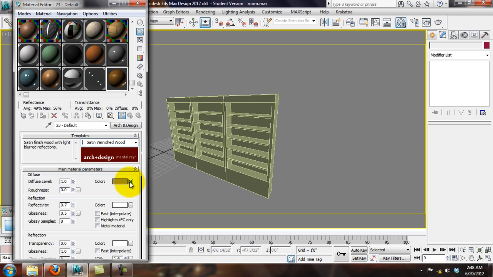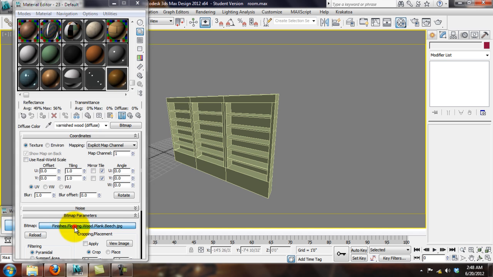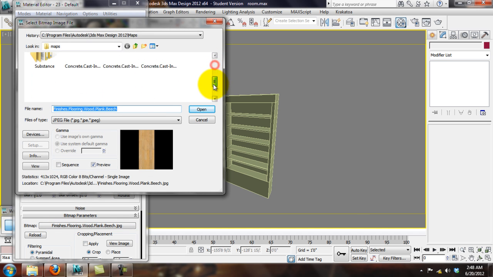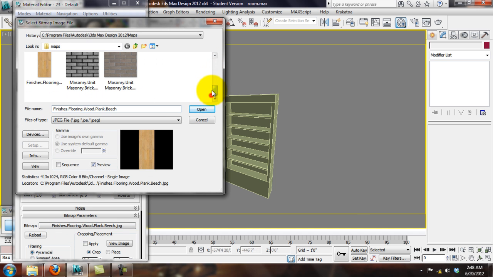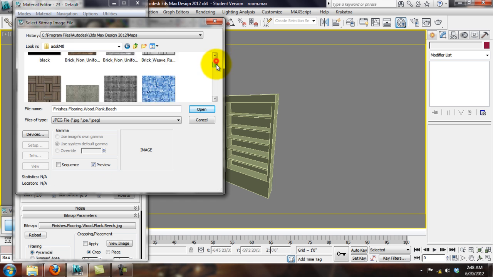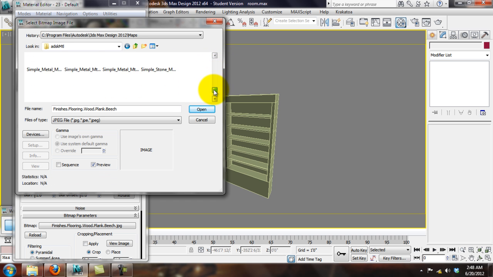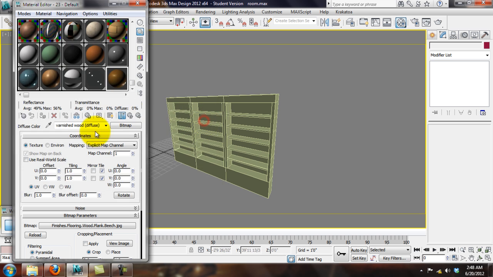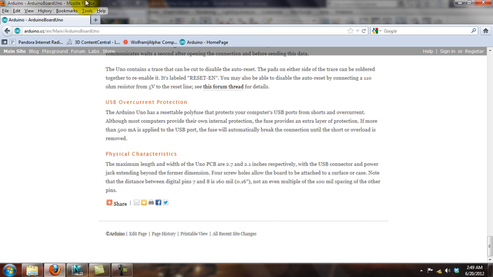Satin varnished wood. It's giving us a map here of beach flooring. I'm not digging it, so I'm going to actually go to